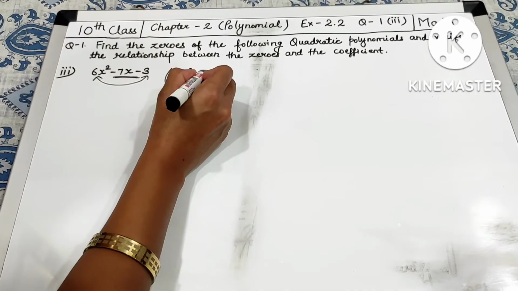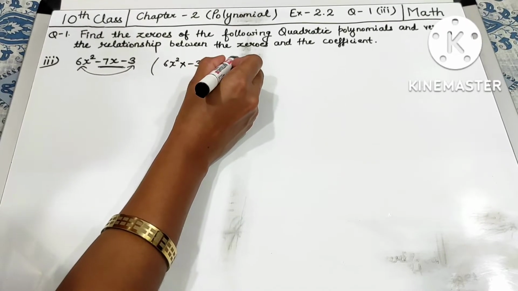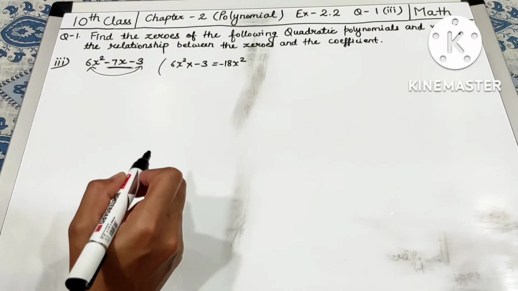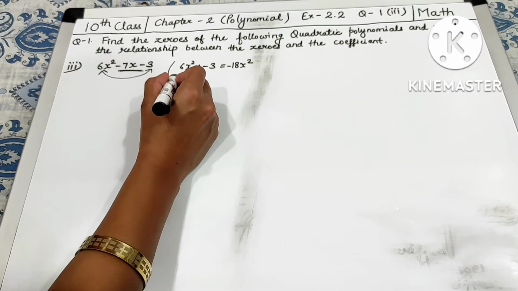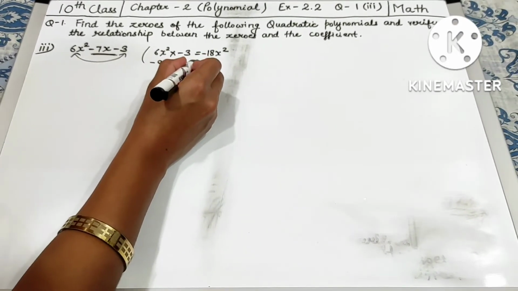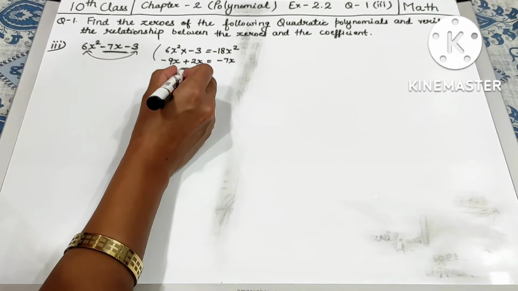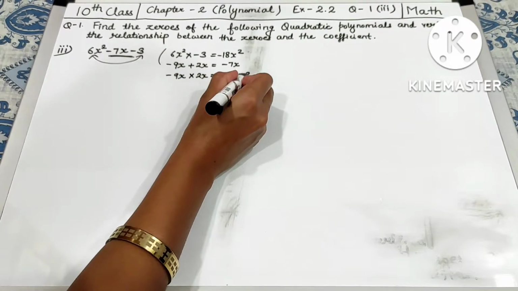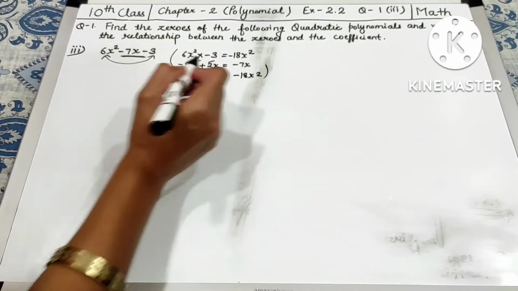6x² इंटू -3 इज इक्वल टू -18x². तो हमें फैक्टर सोचना है कि प्लस माइनस करने में -7x आना चाहिए. Like if I will take factors like -9x plus 2x is equal to -7x. If I will multiply these two factors, then I will get -18x² here. So these are the factors of -7x.